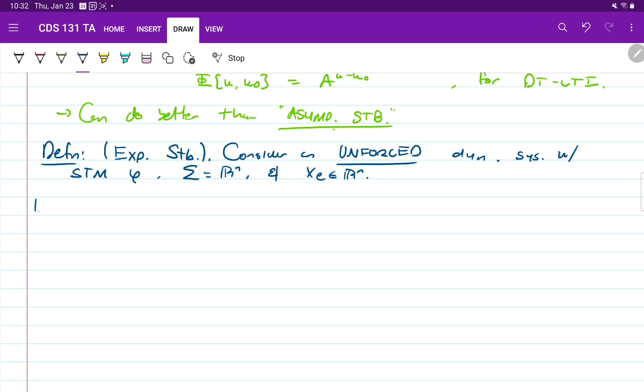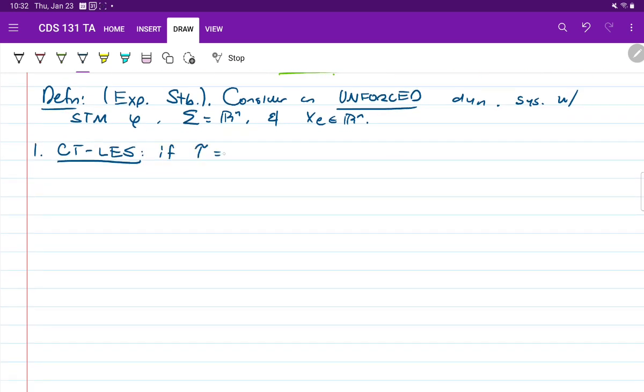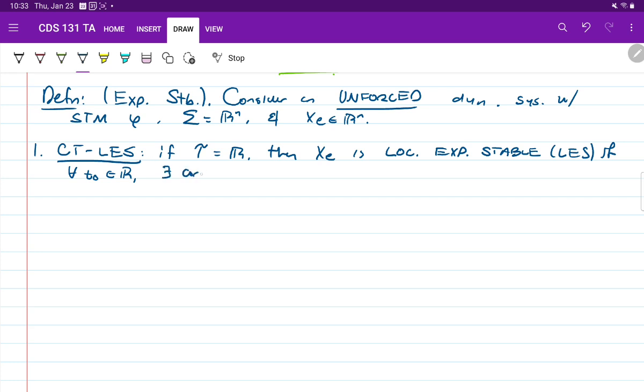Okay? So first what I'm going to do is talk about continuous time exponential stability. So continuous time local exponential stability. All right? If we have a continuous time system where t equals R, then xe is locally exponentially stable, or LES, if for all time t naught in R, what do we have? Well, we have that there exist constants epsilon naught greater than 0, M greater than or equal to 0, and finally alpha strictly greater than 0,